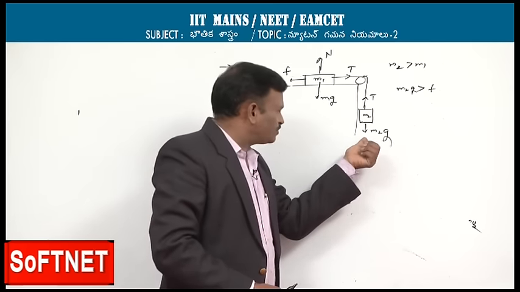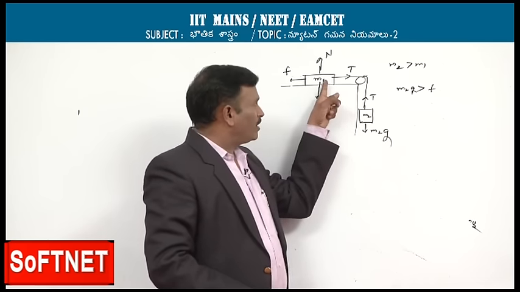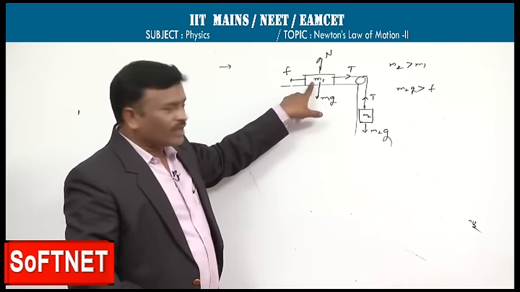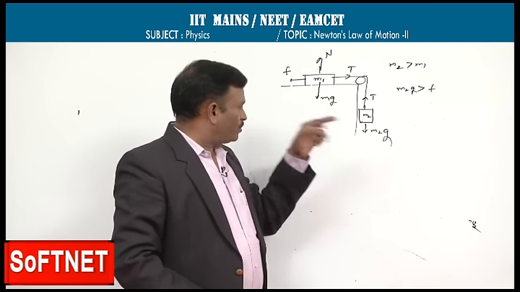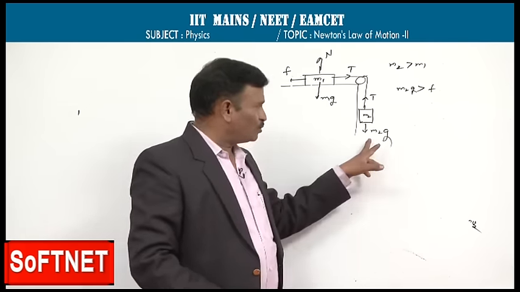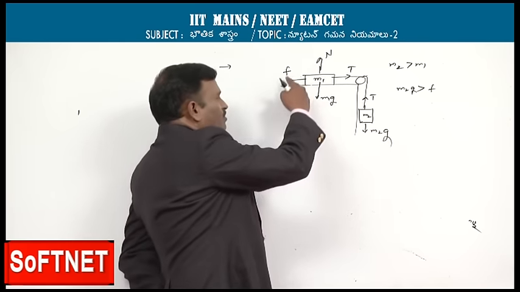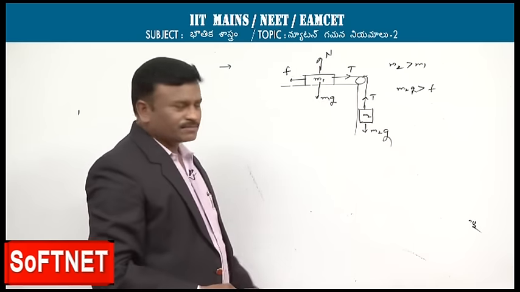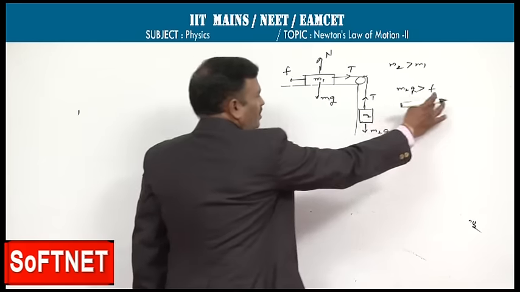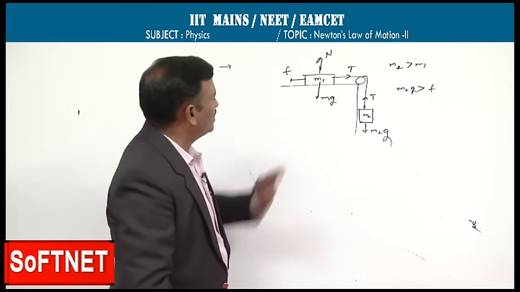Just if you assume that it is a 10 kg block, 1 kg block, ఇది ఒక 10 కిలోల భారం ఉన్నది అనుకుందాం, ఇది 1 kg అనుకుందాం. ఆ సందర్భంలో ఫ్రిక్షన్ ఉన్నప్పుడు అది కదలడానికి ఆస్కారం లేదు. ఎందువలనంటే దీనికి ఫ్రిక్షనల్ ఫోర్స్‌ని ఓవర్కమ్ చేస్తూ బలం యాక్ట్ కావాలా. సో హియర్ that condition have to check, m2g should be greater than f, then only it is possible.